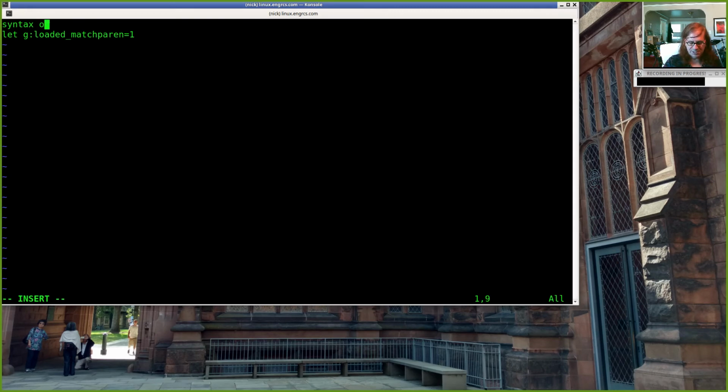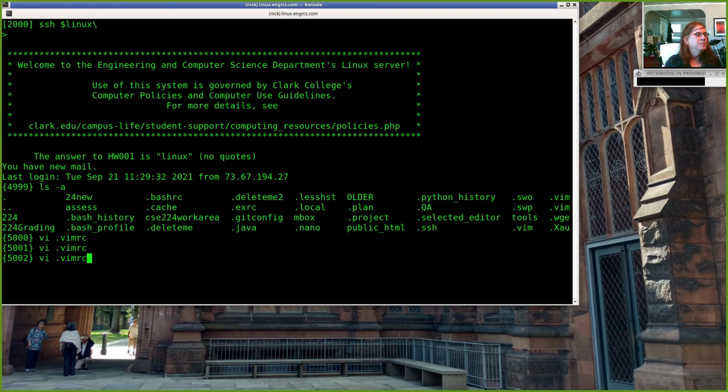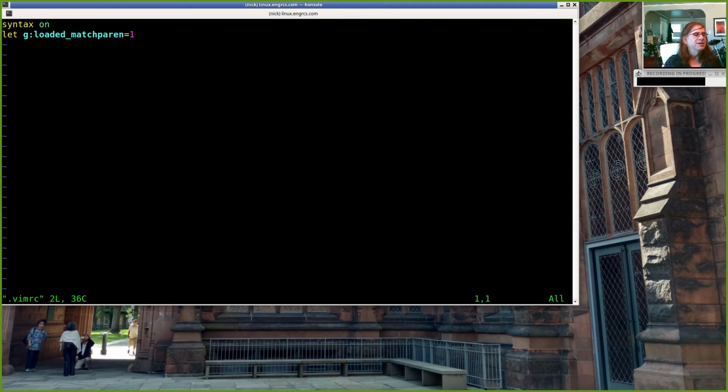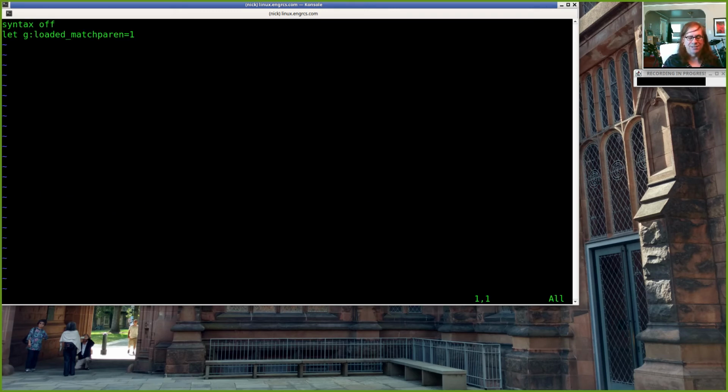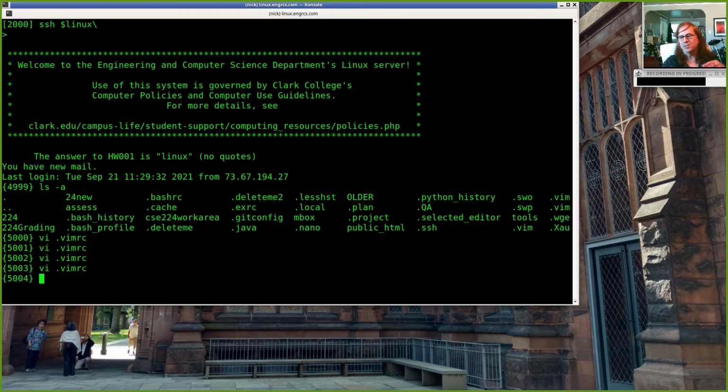So let me change this to syntax on. Right, so now I've got color highlighting on. And the second line there doesn't matter. The second line is just something different, yeah. You don't need that one. But vi has all of these different things that you can set, and you can hardwire those inside this vimrc file. So a lot of commands come with an rc hidden file for customizing them.